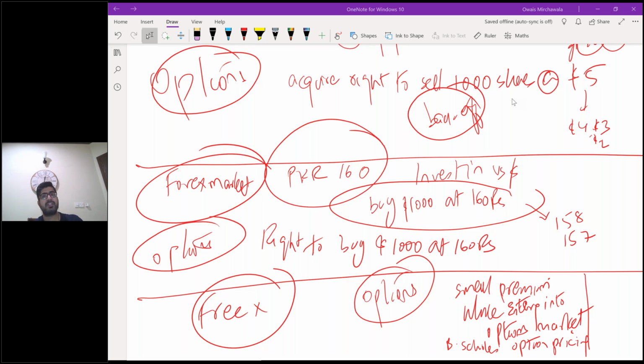But if you enter into options, you just take a promise to buy or sell. If the prices are going against you, exercise your right and get it for 10. If the prices are going up, you're still getting it for 10. If you have a right to sell for 10 and the prices go down, exercise and sell it for 10. But if the prices are in your favor, you can back off.